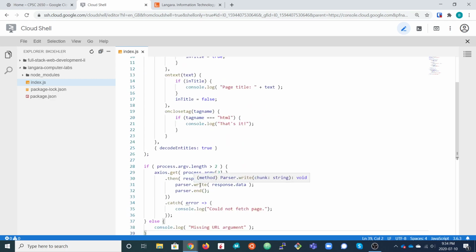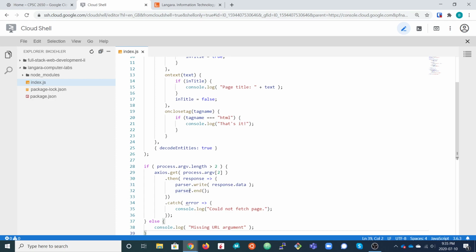If we invoke the write method on the parser, that's what's going to start processing and parsing the data. We can call the parser write method several times to add more data in to be parsed. And then at the end, we signal to the parser that there is no more data coming.